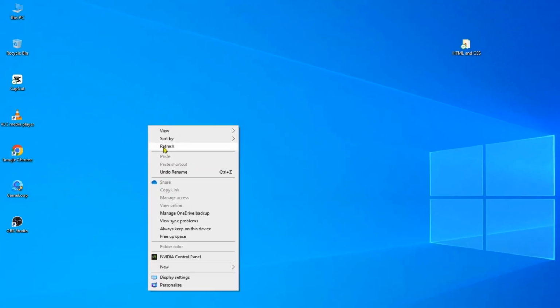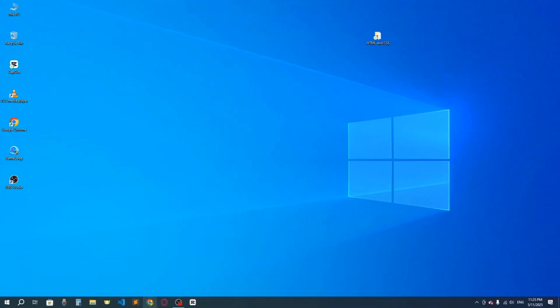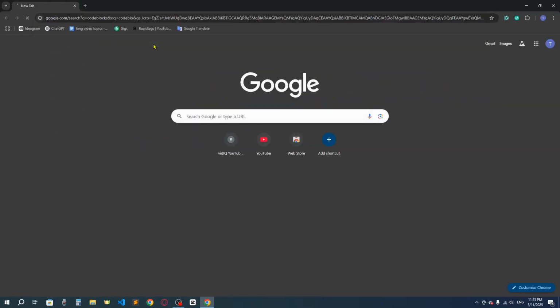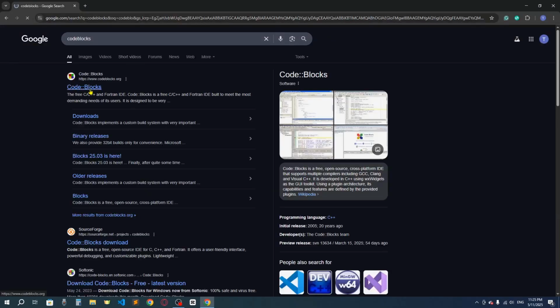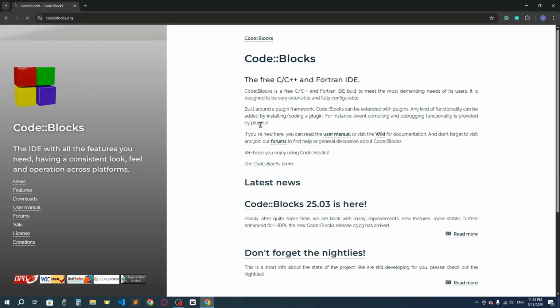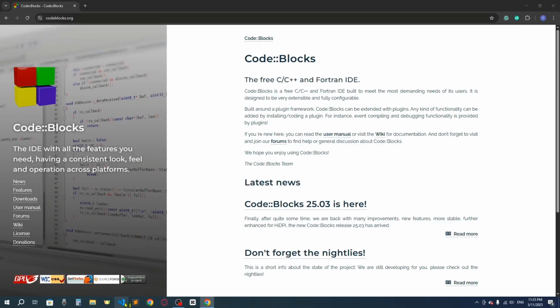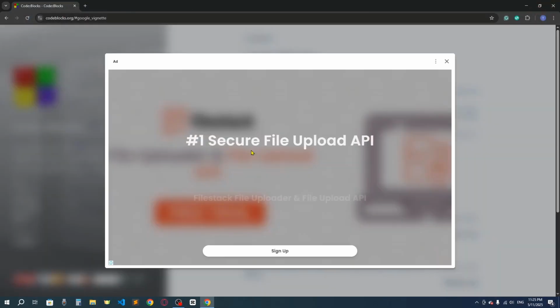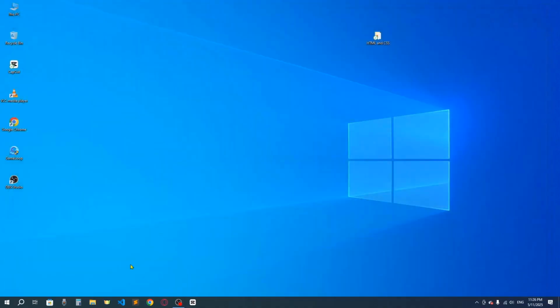And you can download a code editor like Code::Blocks. Here you can see Code::Blocks, but in this tutorial series I'm going to show it using Visual Studio Code. Here you can see I have installed Visual Studio Code. If you don't know how to install Visual Studio Code,